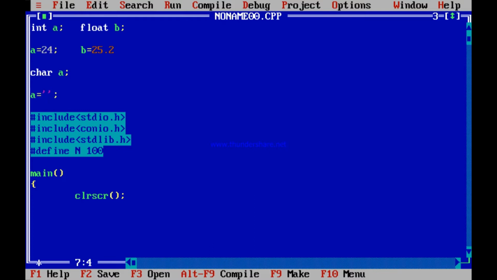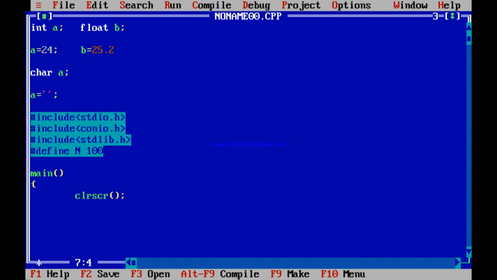Maybe 0 also. But remember, not this 0. This 0 is an integer. This 0, 0 as a character. 0 treated as a character. This can be 9 also. But 9 treated as a character, the character 9, not the integer 9. This 9, if you add with 8, you don't get 17 because this is a character.